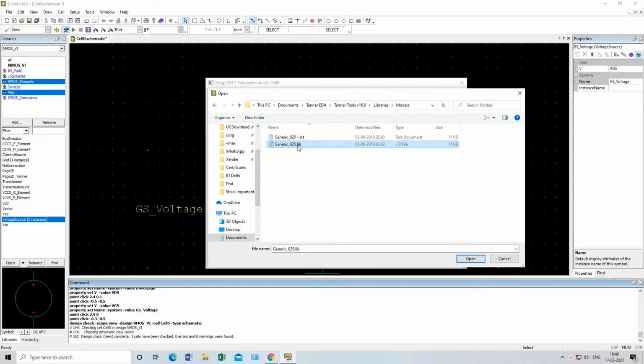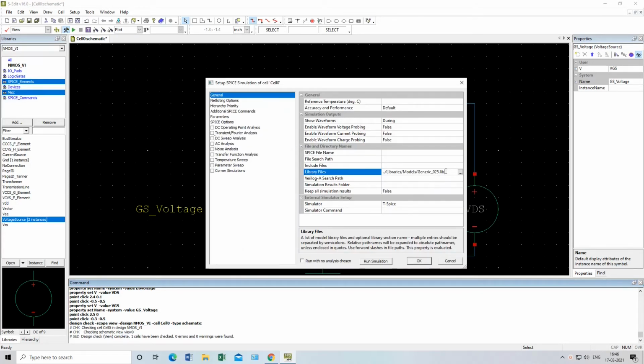We will select this lib file, and at last we will put a space and capital T. This is how we select our library file. This will be provided by Tanner only. This is a 250 nanometer library file. You need this library file to run the simulation, otherwise your simulation will not run. It is in the format of .lib file.